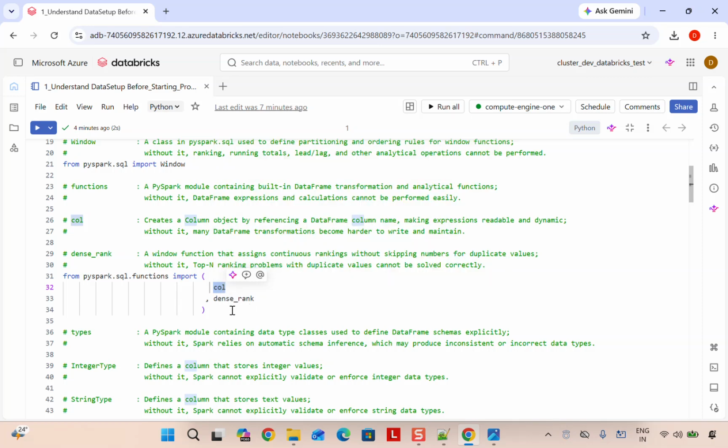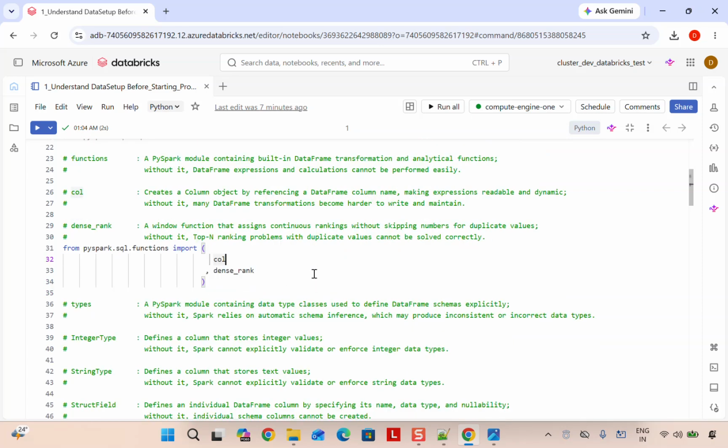right? So now if you see here, we are importing dense rank because in many places dense rank is going to be used, and whatever functions that we'll be using, we need to be importing them. It is not like only column and dense rank. Whatever functionalities that we are going to use, we should be importing, right? So hope you are clear on this part now. So we are importing all the window function related stuff, and here we are importing all the functionality related